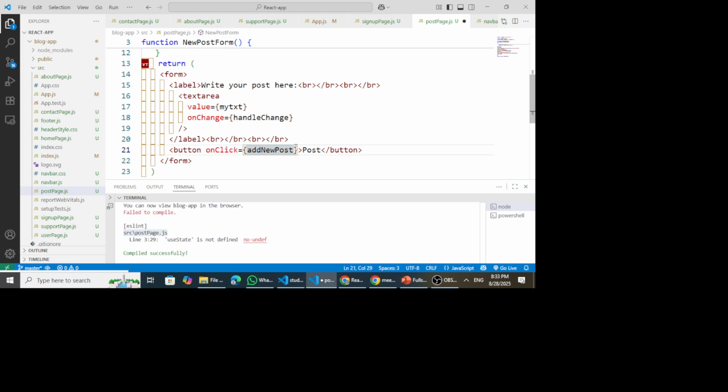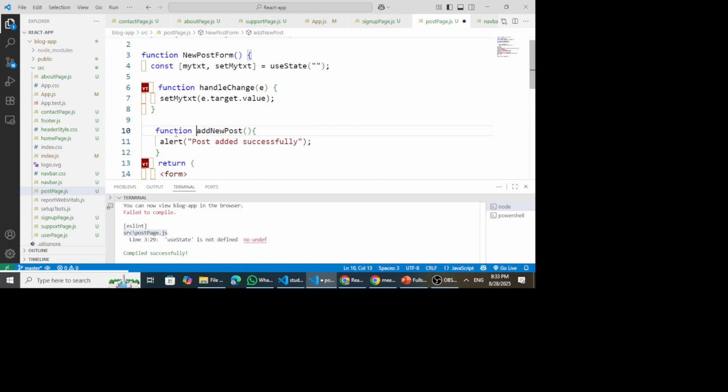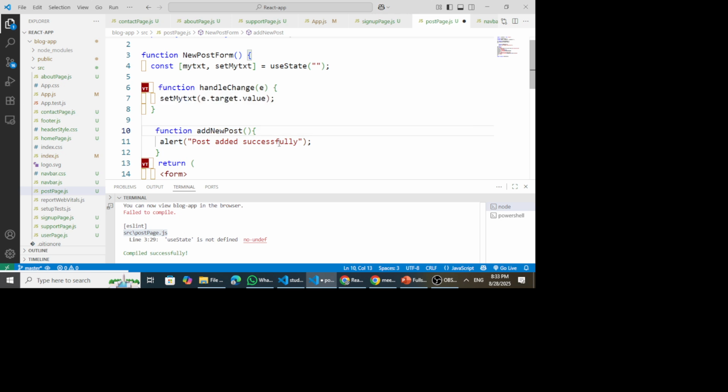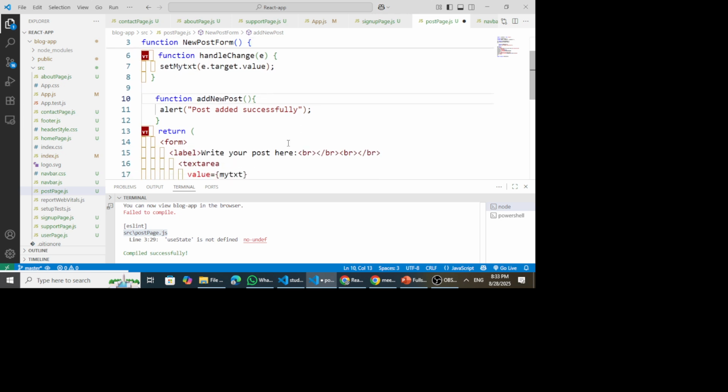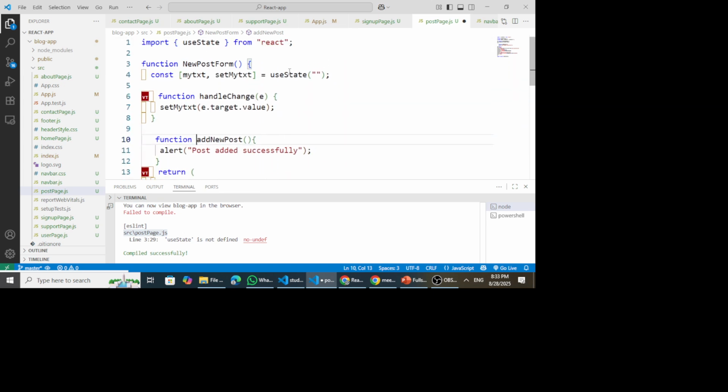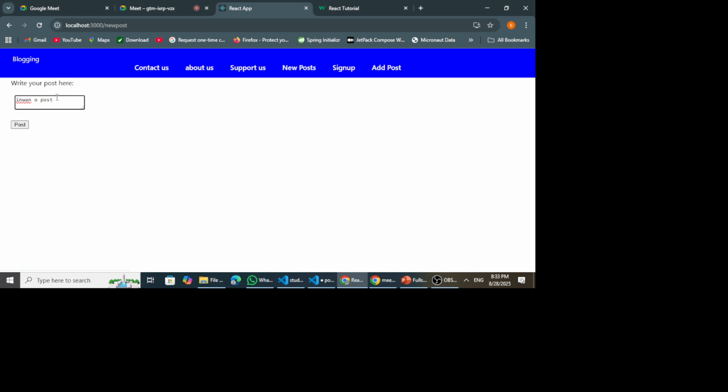And when this method is called, what does this method do? When I go to this method, I can see that this method simply sends an alert message saying post added successfully. All right. So without the use of this useState, we will not be able to track